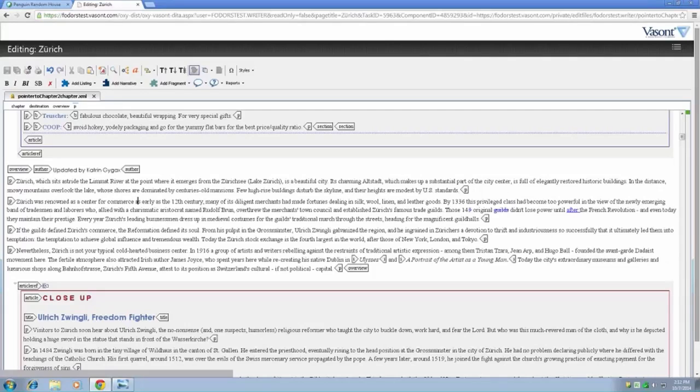If you wanted to move content by copying and pasting, you could use the common keyboard shortcuts of Control and C, etc., or Command if you're on a Mac, or you can use these icons up here. So if you wanted to select a piece of text, cut it, move it somewhere else, paste it,